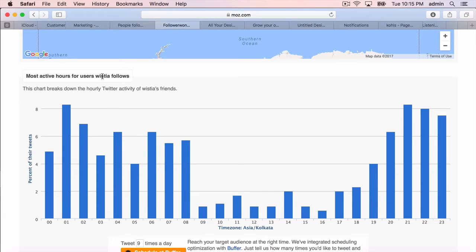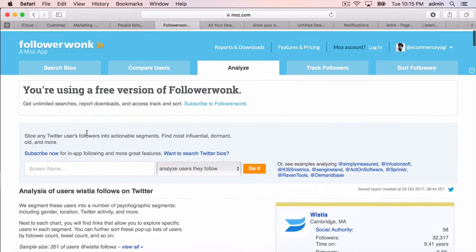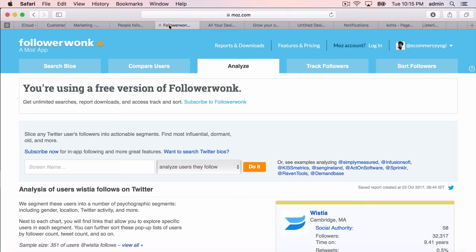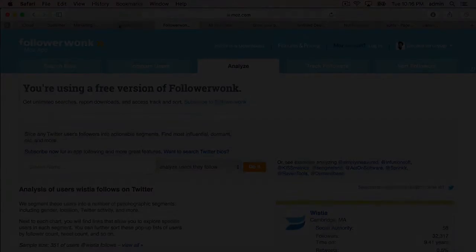So for my own users, I can see that people are active. My followers are active during 0 to 8. So this is the time I'll be tweeting, not the other time. So follower count has multiple uses. This is something which you cannot ignore, and this is a great way of finding influencers and doing deep level research and finding out their motivations and crafting a tweet or building a relationship with them long term.